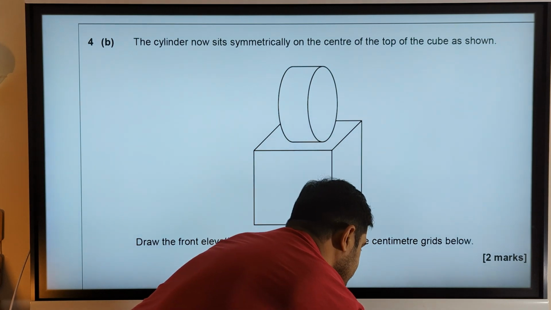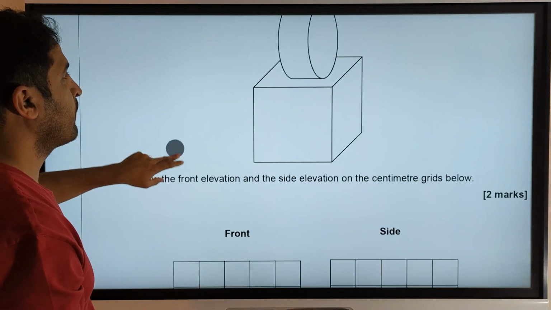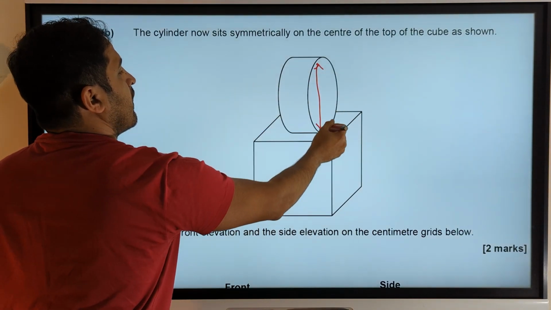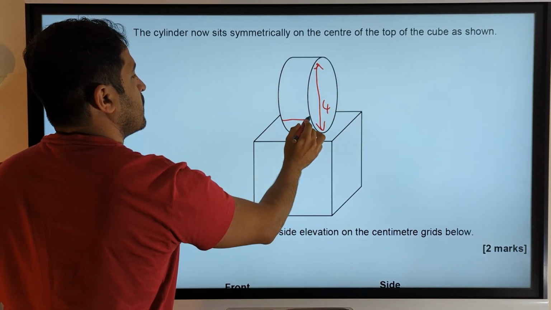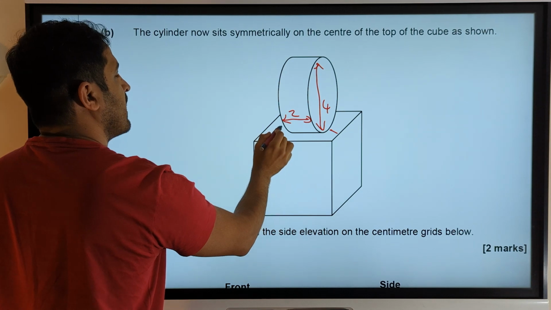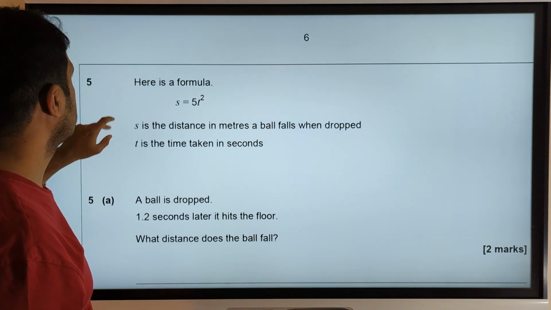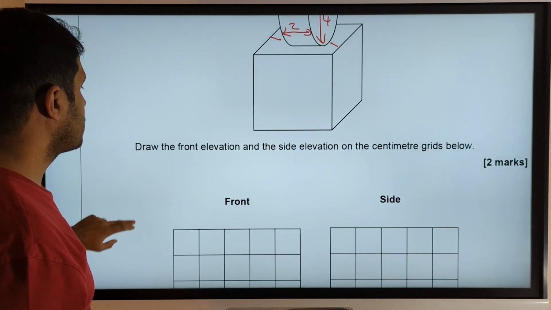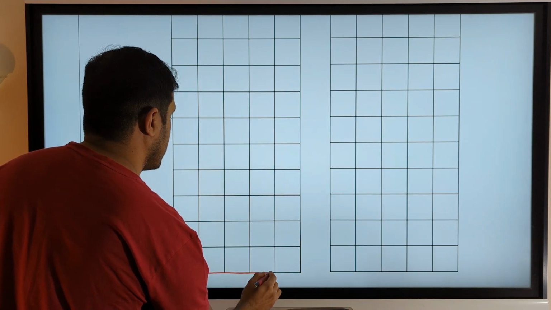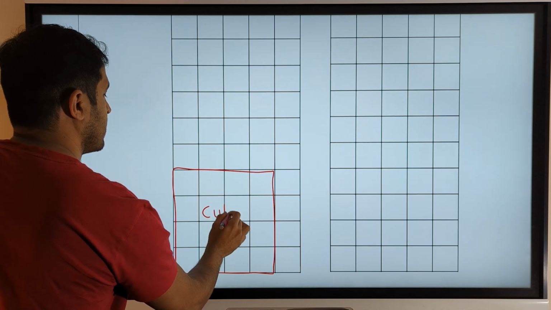Okay. Right. So I can draw those as well quickly in a 4x4 grid. Remember, same circle. The height of the circle is 4, and that width is 2. And that's exactly in the center, so you'll have 1 centimeter less that way, 1 centimeter less that way. Okay, so when I draw the front view, I will need to keep that in mind. Again, a 4x4 square,